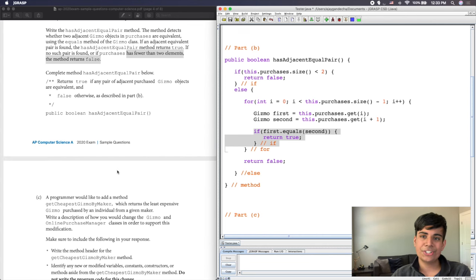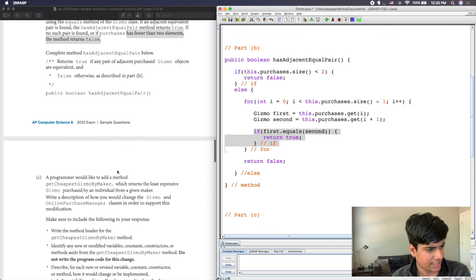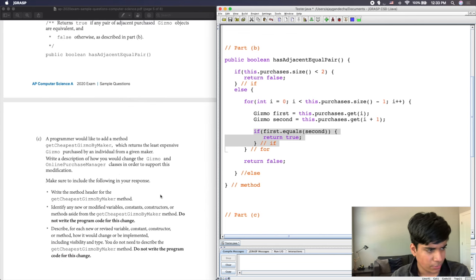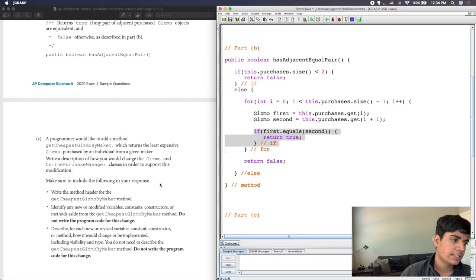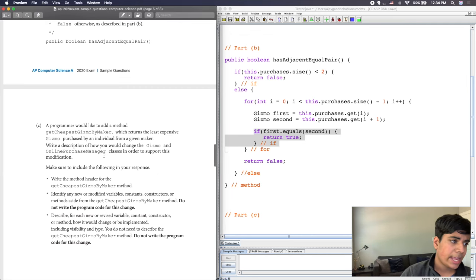Now, this is usually where we would end. Usually there's a part A and a part B, but now there's this new part C, which is definitely something that has not been in any of the previous videos, because it's not been something that existed. It wasn't part of any of the previous FRQ, the release tests. So we have to look at this, and we're going to have to try to solve this by writing a